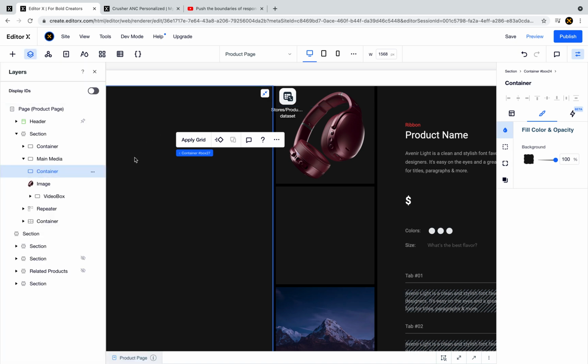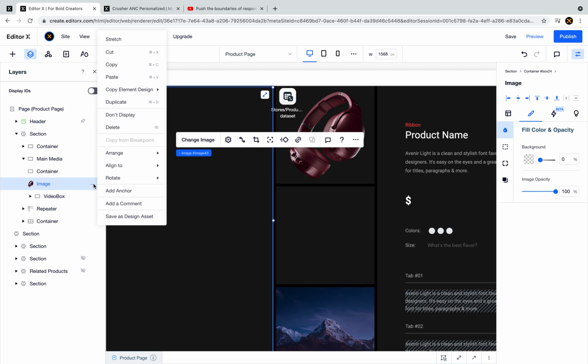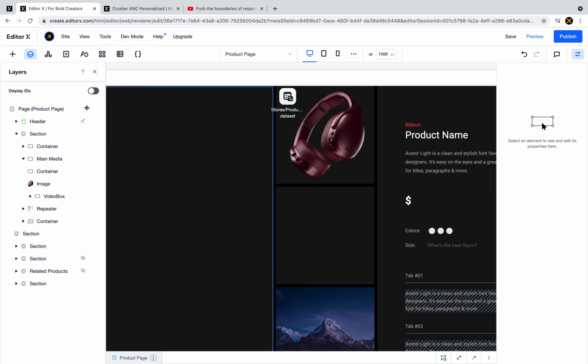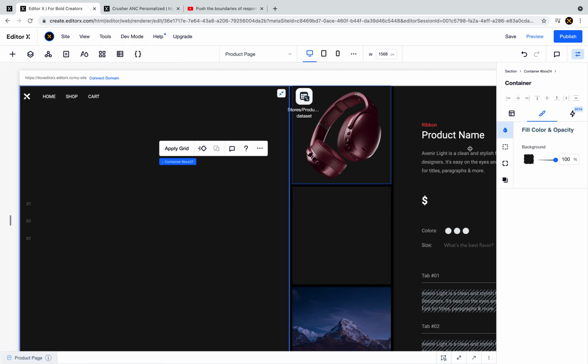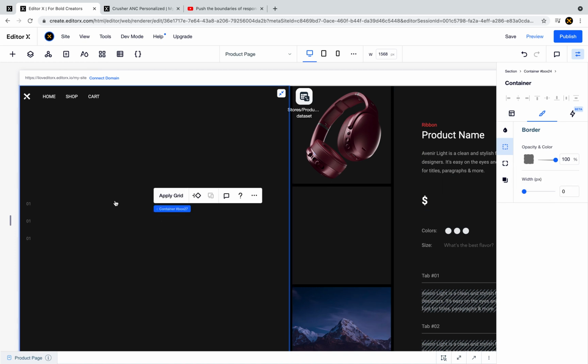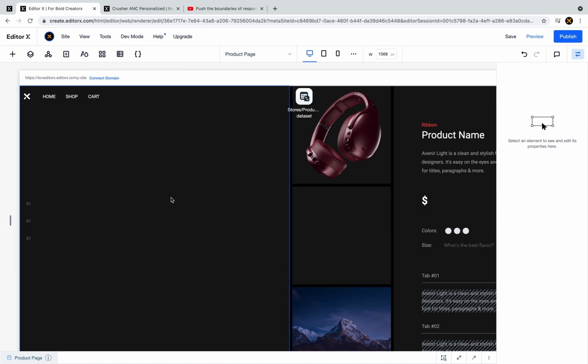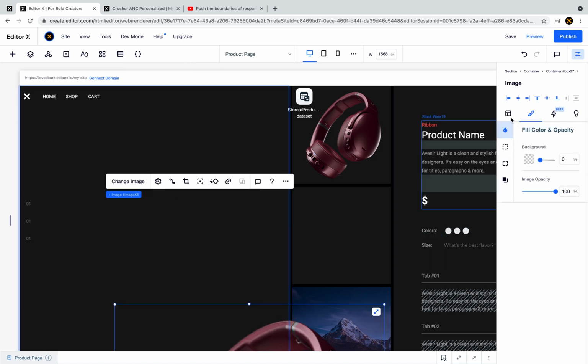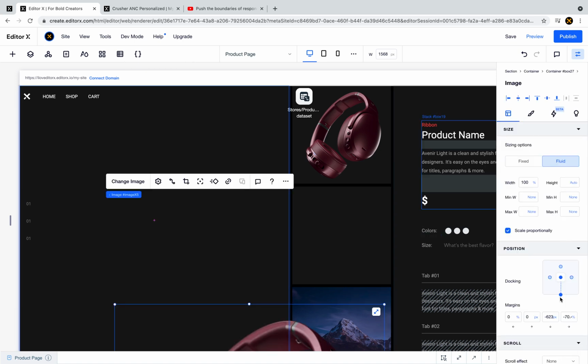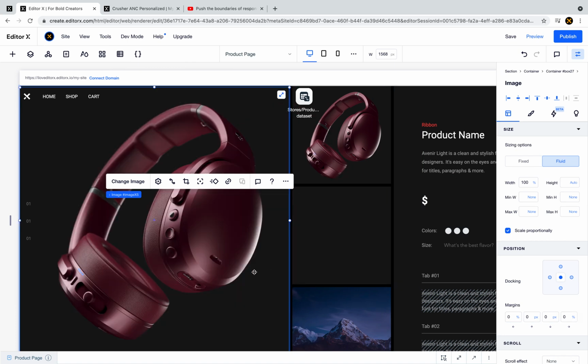I know it's behind this container, so I will cut it from here, and let's remove the border from this, and I will paste it in this container, and again it should be absolute center. And now you won't see the video behind. Okay,